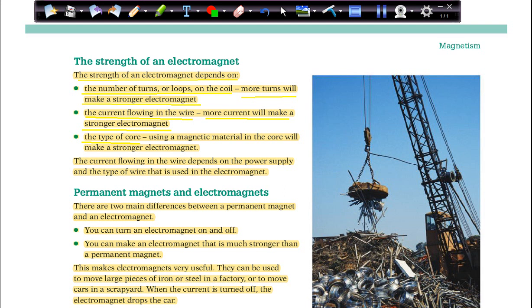The type of core. Using a magnetic material in the core will make a stronger electromagnet. So there is a difference if we used a core made of iron and we used another one, non-magnetic material. So here, the core that is made from iron, rather than copper, will produce a stronger electromagnet or electromagnetic field. The current flowing in the wire depends on the power supply and the type of wire that is